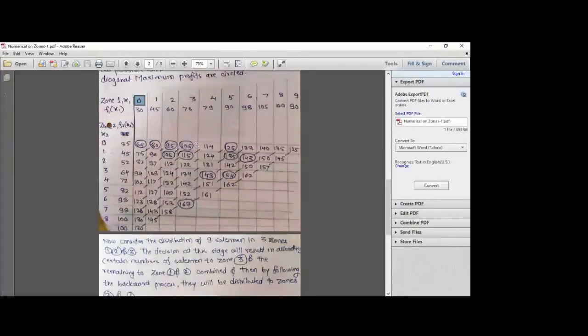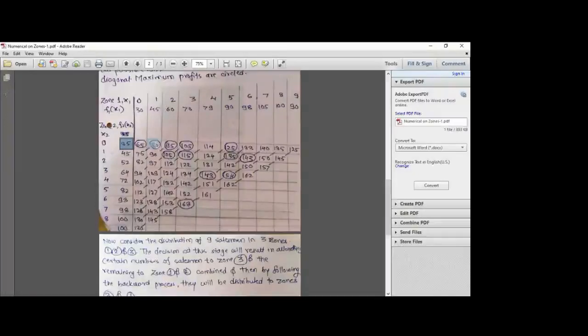So the easiest method to fill up this table is what? Now let's check up with that particular concept, right? So if I'm putting 0 in zone 2 and 0 in zone 1, the combination is what? 30 plus 35 is equal to 65. Similarly, if I'm putting 0 in zone 2 and 1 in zone 1, the combination is 45 plus 35 is